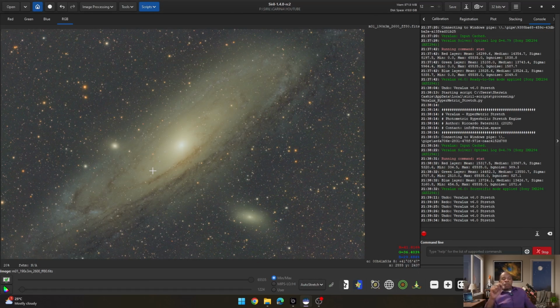But in the meantime, let me know in the comments down below. Would you start using Veralux Hypermetric Stretch? Have you used it already and you like the results? Or would you prefer some further improvements in it? Drop some comments down below. I really like this. I like this a lot. I'm going to try this in some of my images and see the results, or